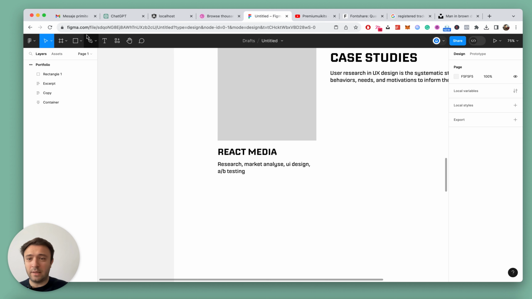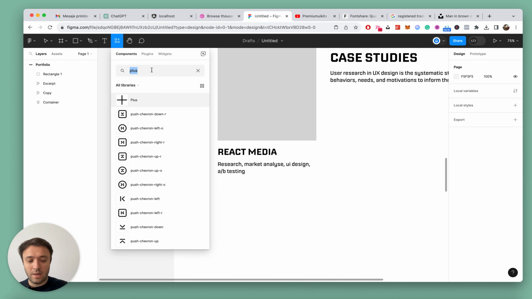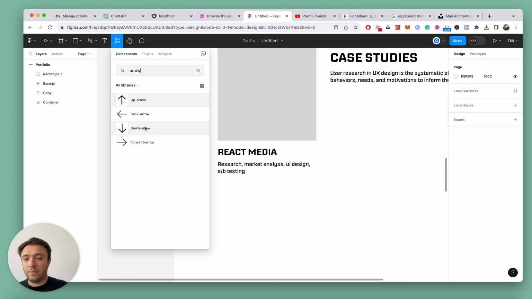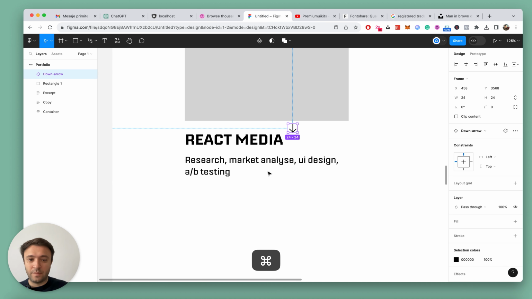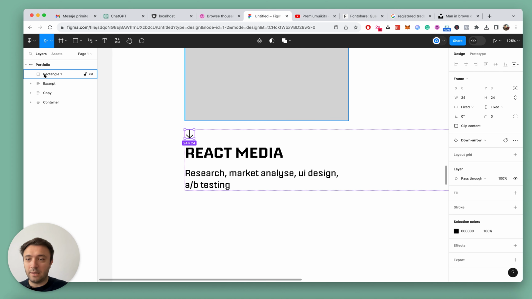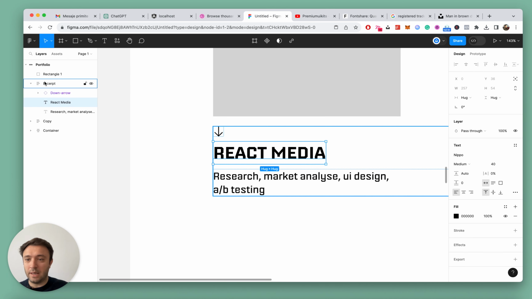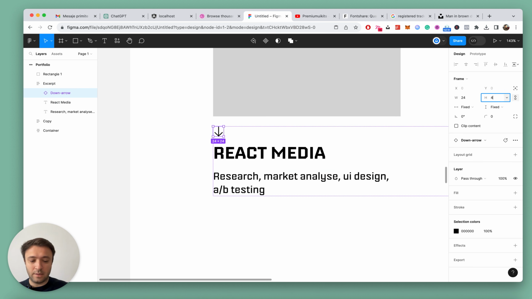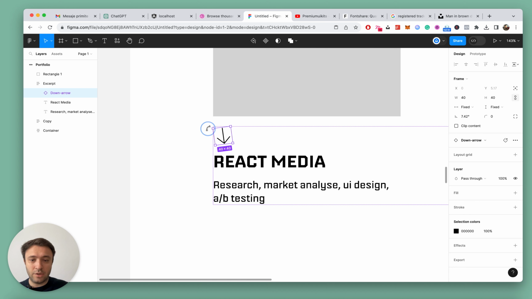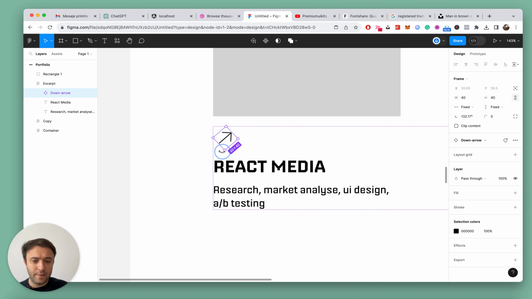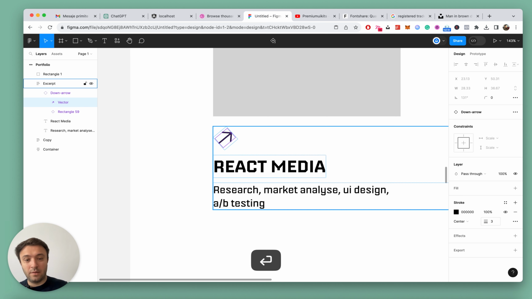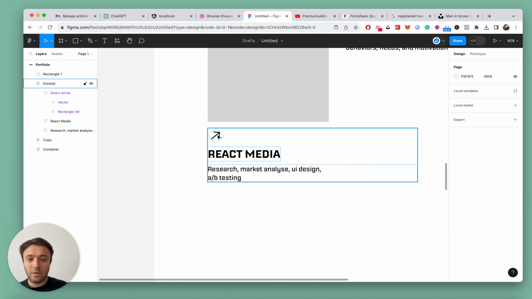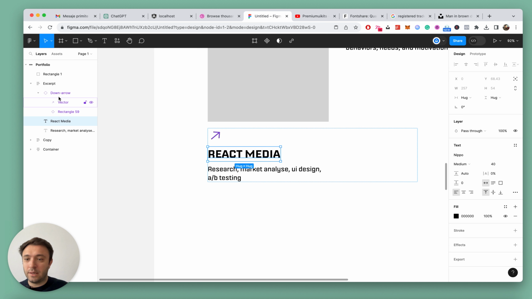Let's add an arrow so we can redirect the user to the project. Let's add this arrow inside. Let's increase its size to something like 40, and let's change the orientation here, the degree. Let's make it something like this, and let's increase the border here, the stroke. Okay, so this is the excerpt,